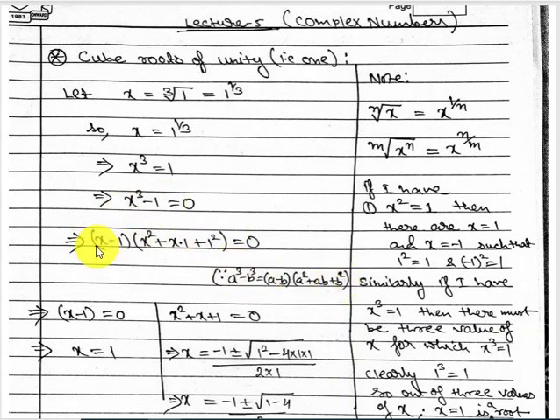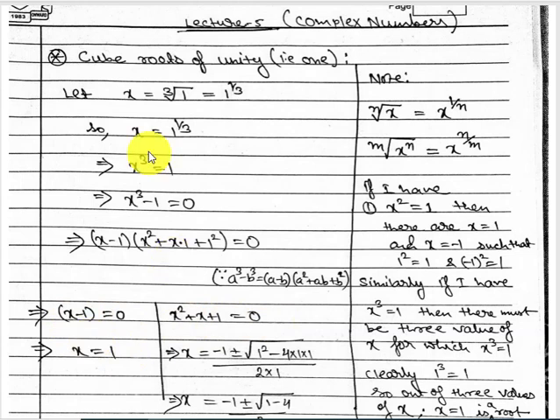So I have expanded this and got x minus 1 into, in the bracket, x square plus x into 1 plus 1 square. This is the formula I have used here to expand. After expanding, this equation implies that either x minus 1 is 0 or x square plus x plus 1 is 0. So from this equation I get x minus 1 equal to 0 or x square plus x plus 1 equal to 0. So from this it's simple that x is equal to 1.